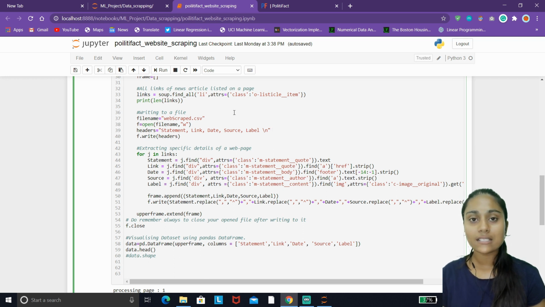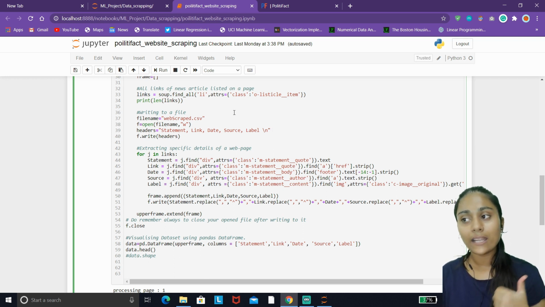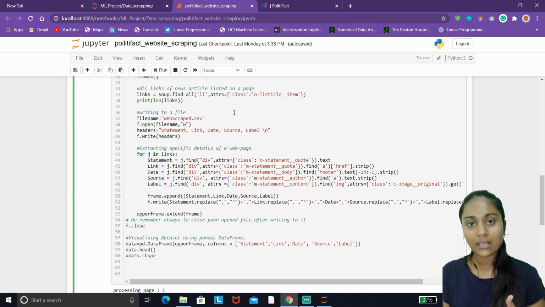The first function is the find_all function. The find_all function will locate every tag with the same tag that we are passing to it. It will locate every tag like that on your website. And what the simple find function will do is return the value of the first occurrence of that tag that you have passed into that function.